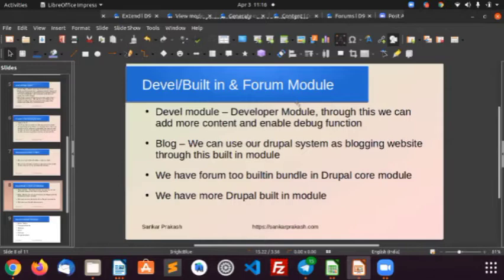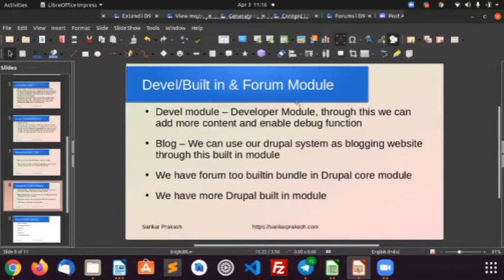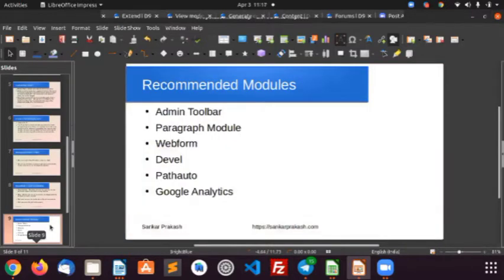And then we are going to see about block. Okay, that we are going to cover later. What is next? We can now see this. Okay, then we are going to see about the forum module and some other built-in modules. Okay, then the next thing, these are the recommended modules. I have a bunch of modules in my list, but for this current topic, today we are going to see the very basic level overview. Right? For this purpose, I recommend only this many modules.